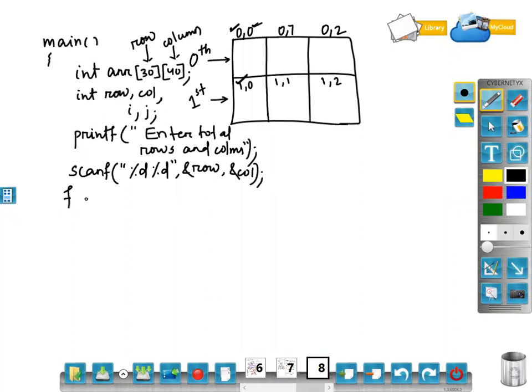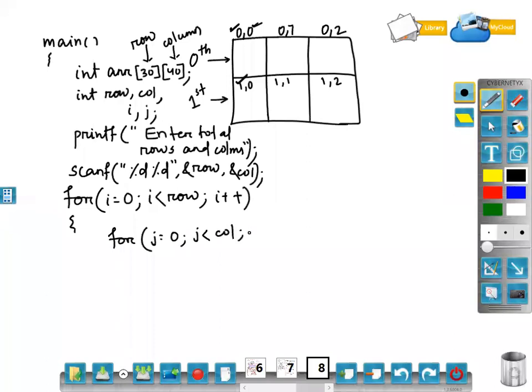So for i equal to 0, i will go maximum as per our requirement, row, i plus plus. Then the inner loop will be column. So j equal to 0, j less than column, j plus plus. Okay.